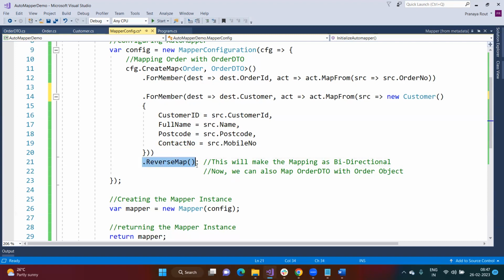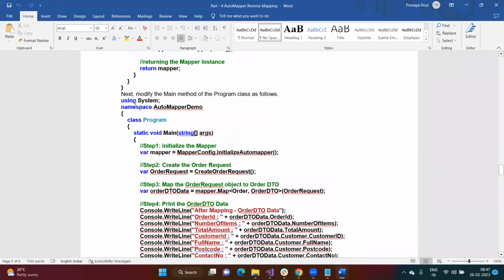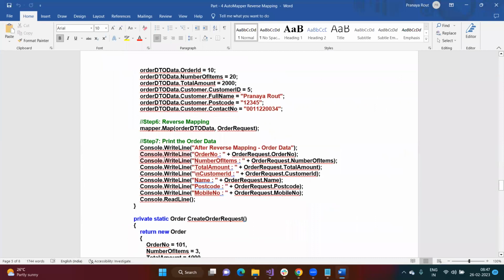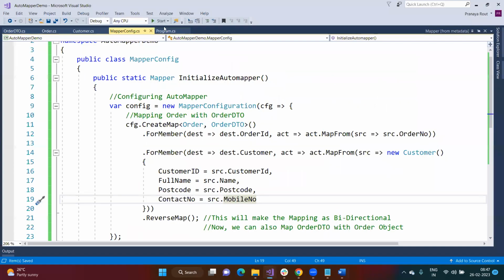And then you are thus calling the reverse map method. So these are the changes you have done in the mapper configuration. Now let me modify the main method, because we have done some changes, so we need to modify it accordingly,